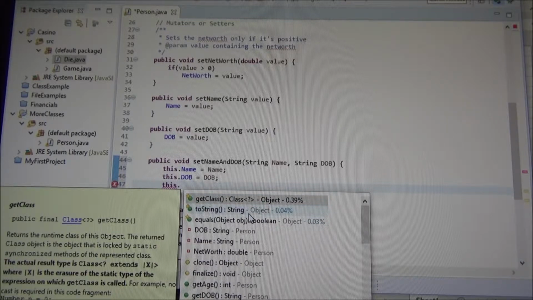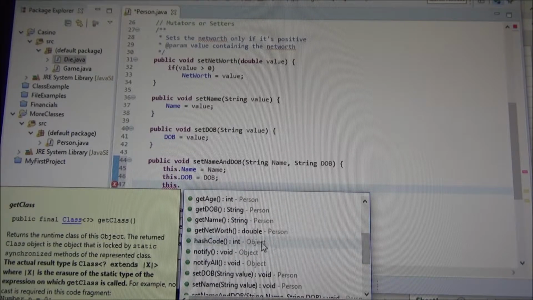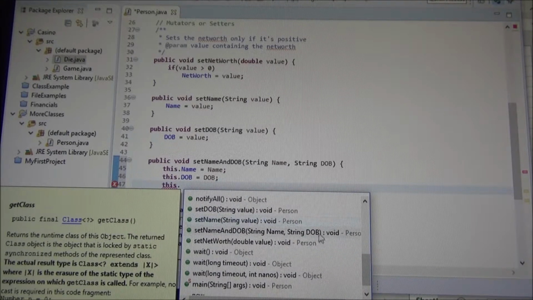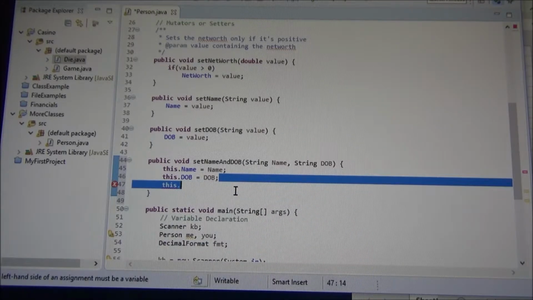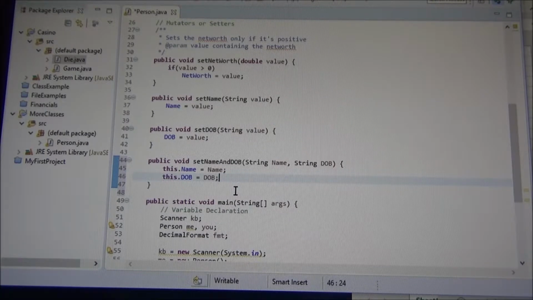I don't have a method called toString or equals. Notice those methods are in the class Object, right? And some of them are in Person, some of them in Object. And that's because every person is an object, right? So we say this class Person